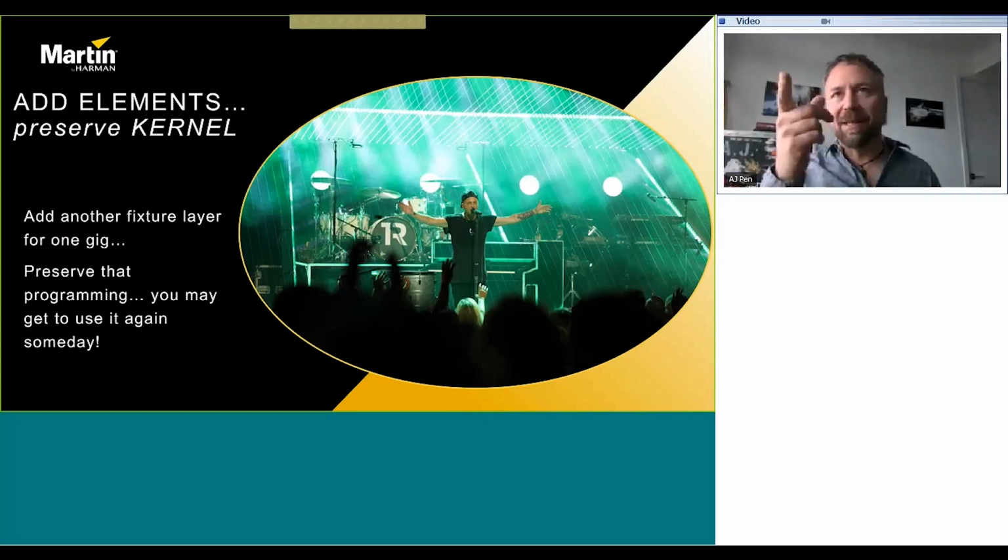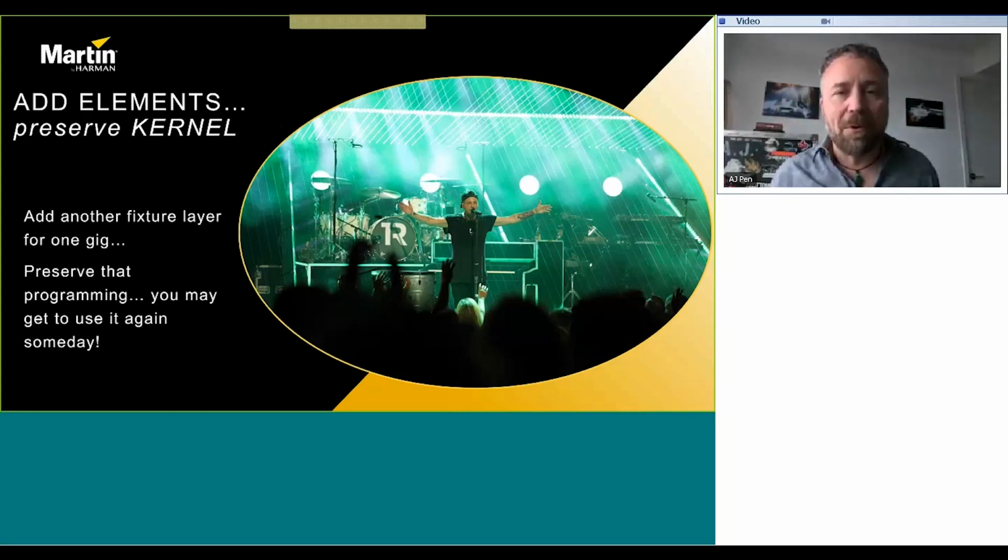For instance, you can see in this example here, there's a bunch of X bars running along the back and up and down, and there's a bunch of lasers. I had control over all these things. Because I had the show programmed for all the other fixtures, I had lots of time to add in programming for these X bars and for the lasers. And I could deal with this one special show that we did at the Ace Theater in LA for a TV show. I could use what I already had, make it special to that night, and then I took that programming from the X bars and kept it in the console.